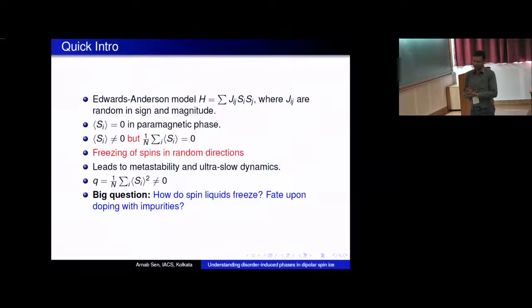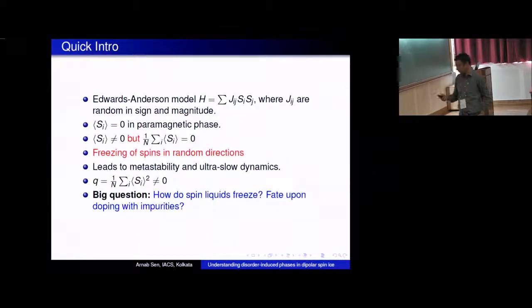Then one can actually show that even if one goes to very low temperature, there is no phase transition to an antiferromagnet or a ferromagnet. However, there's actually a phase transition to a more non-trivial phase where the physical picture is that the spins are localized. So if you go to one spin, it's fluctuating, but there is an average that forms, but they're localized in random directions. So if you calculate this object, it's again 0. However, you can write more complicated order parameters to capture this. Okay, and this kind of state then leads to various interesting things like very slow dynamics, and there are